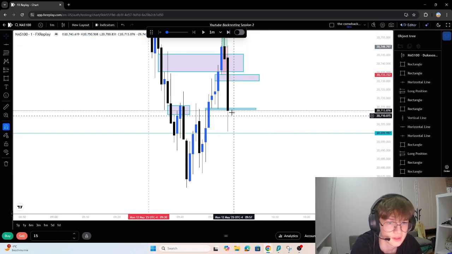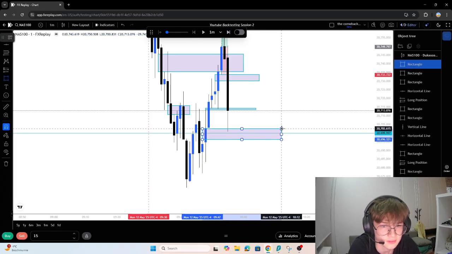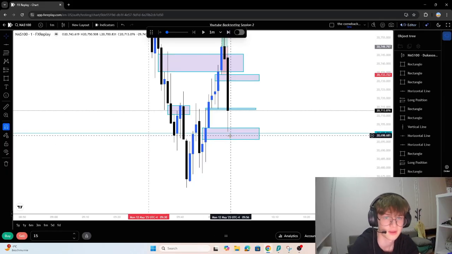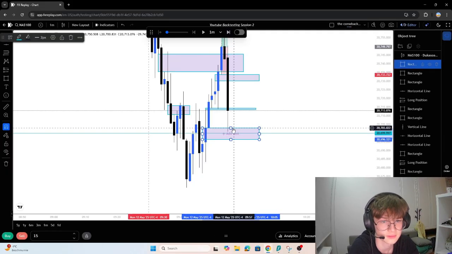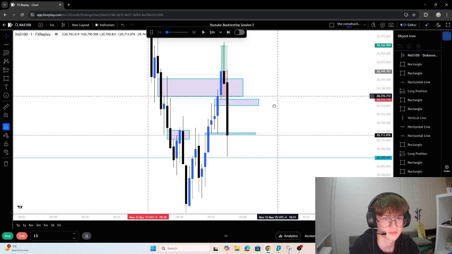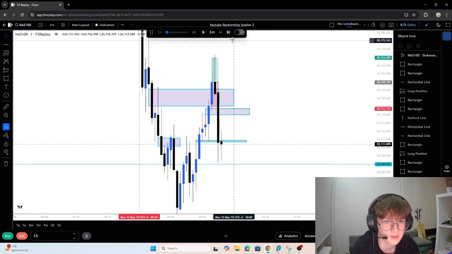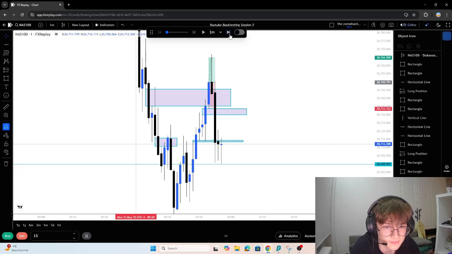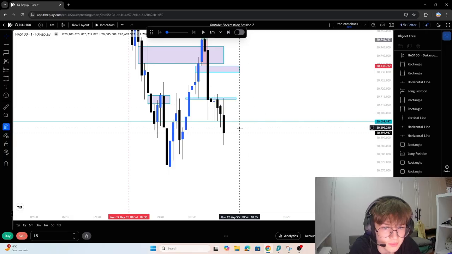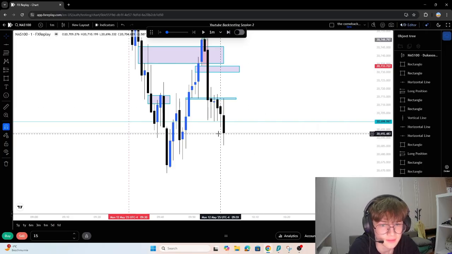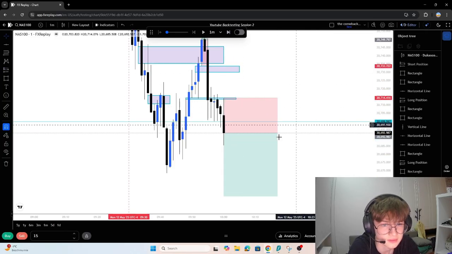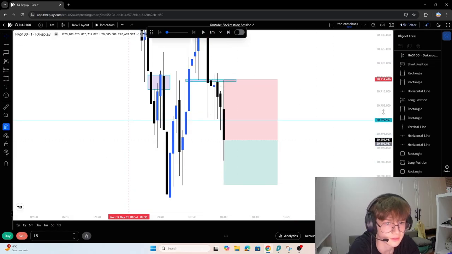Oh, I can't enter. Yeah, this is another rule of my strategy I use: if we tap an opposing FEG and we don't close below or above it, I can't enter. Because now price reacted off of it, and it can even just go straight back up. That's why I'm not gonna enter here. Okay, we broke it now. Now would be a good time, I guess. Short position here, semi-stop here, TP here at the swing low.